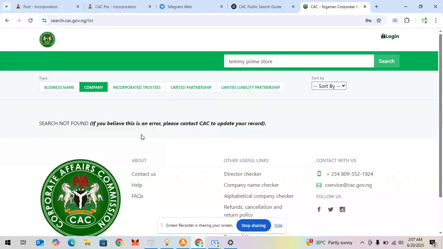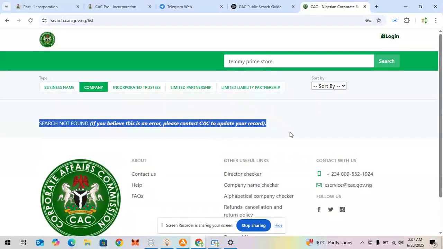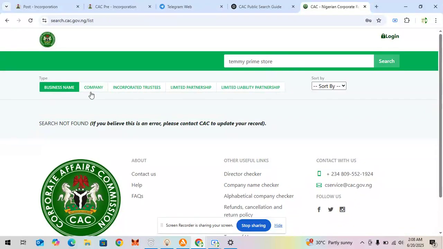So this is it. If you see search not found, it means that no business or no entity has registered under the name. And make sure that you are clicking on all the types here. You are clicking on all the entities to confirm the availability. All right. So the second way that we are going to do is